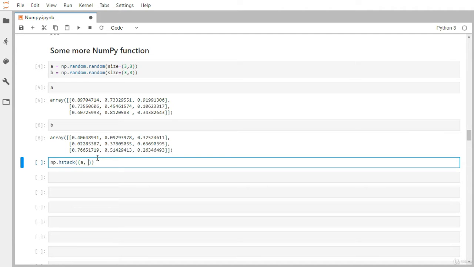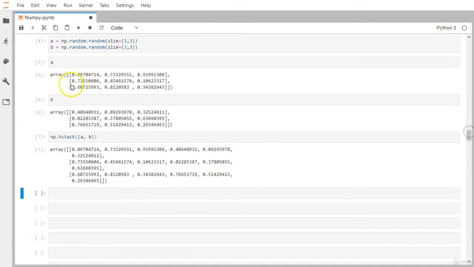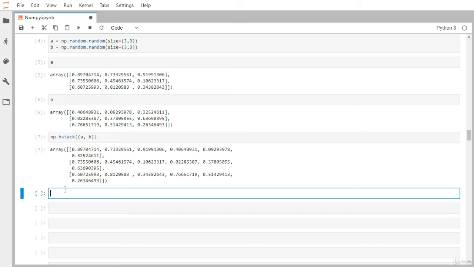So A comma B. Both of the matrices, and now you can see the result. So 0.89 and 0.73 and 0.91, this is what is available here. Along with that, the first row of this matrix also got included: 0.40, 0.092 and 0.32. So this is about the horizontal stacking.